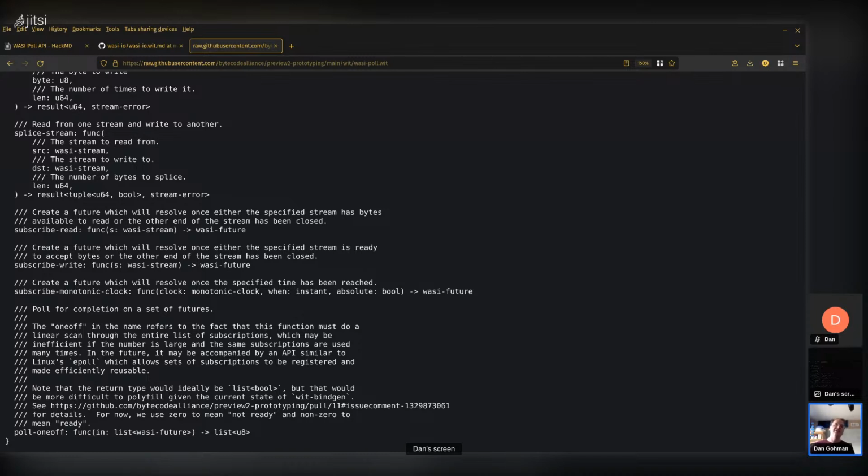And so poll-oneoff is definitely not intended to be the last answer for how to do polling. There's definitely a need to do more than this. But I think the design intent here is that we want to do something simple. All these other APIs get much more complex, especially when we want to start talking about cross-platform abstractions and how this is going to work. And so poll-oneoff is nice because it's very simple, and it will hopefully be enough to get us to the point where we can do proper async.